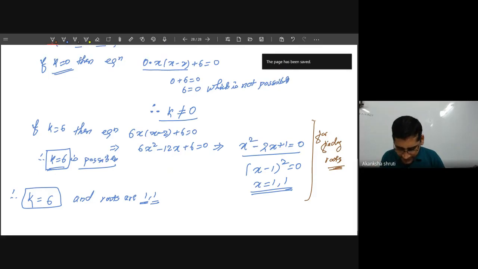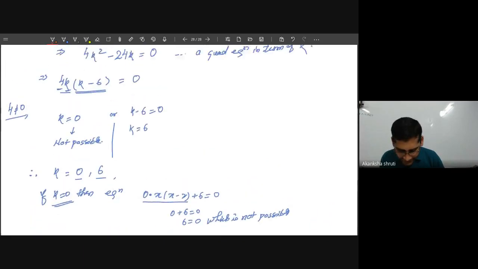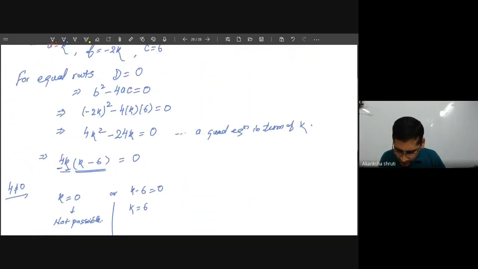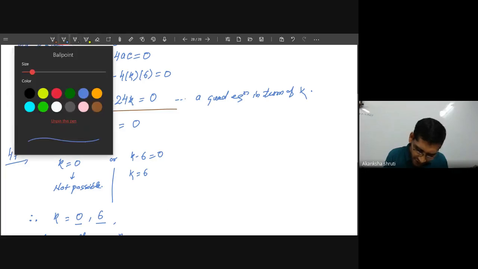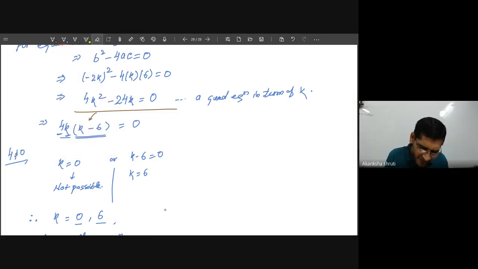Student, the notable point is that while applying the condition for D equals 0, you will get another quadratic equation most of the time. That again you have to solve. I have gone here by the factorization method, but you may also go by the other method of applying the quadratic formula for this D itself. So write the method 2. Whatever appears convenient to you, you can apply it for calculation of K.